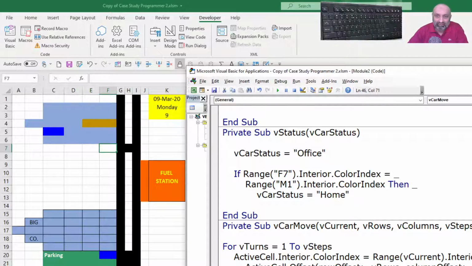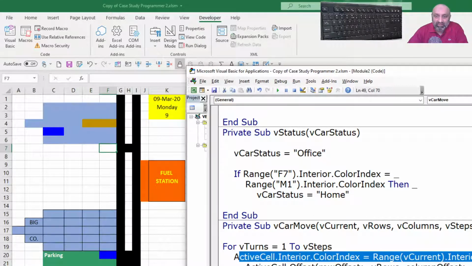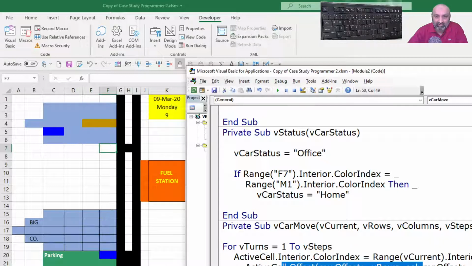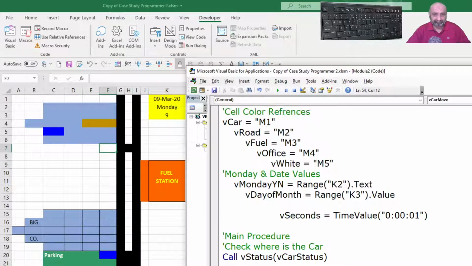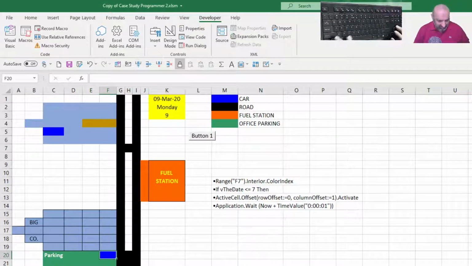When we give this data to this macro, it will first change the color of the current cell, then it will move the car, then it will again change the color, and then it will wait for 1 second, and then it will say now the current color is the new color. So let's check out and run this macro.